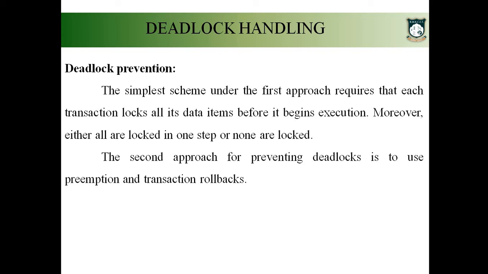Assume that the transaction T1 needs data items A, B, C, D. Now before beginning the execution of T1, it should lock the 4 data items A, B, C, D. Only after locking the data items will the transaction begin its execution. So if we ensure that any transaction, before beginning its execution, locks all the data items, then the system will never enter a deadlock state. Okay, so this is the concept of deadlock prevention.